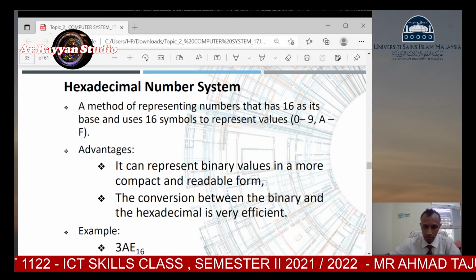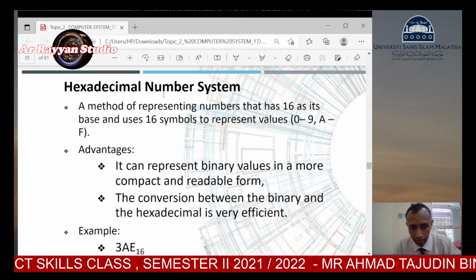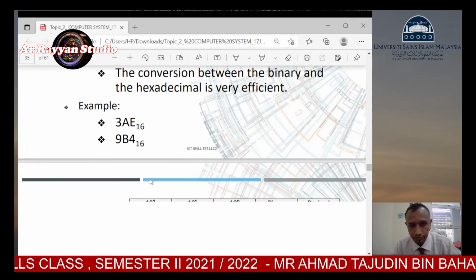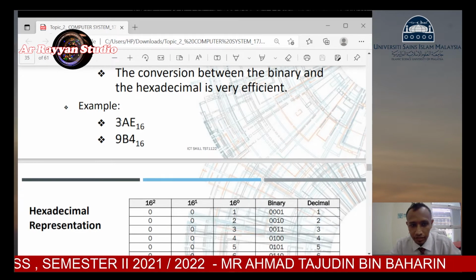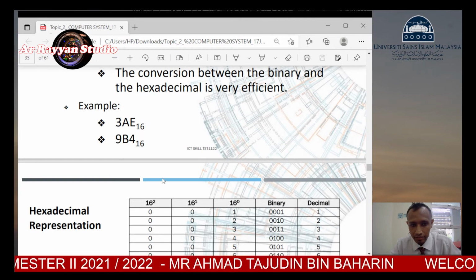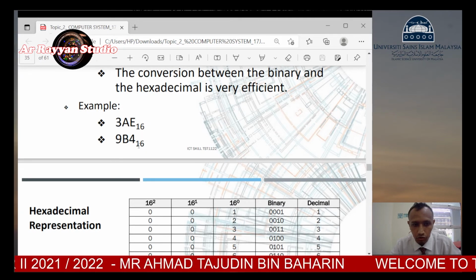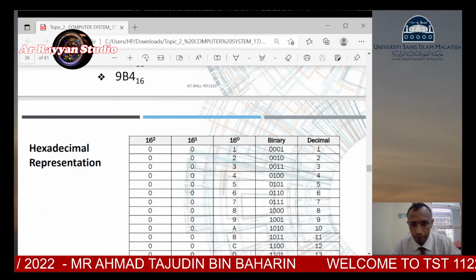That one is the advantage why we need to use hexadecimal. So example here, 3A base 16 or 9B4 base 16. Okay,